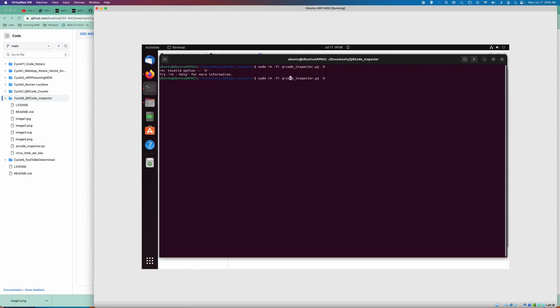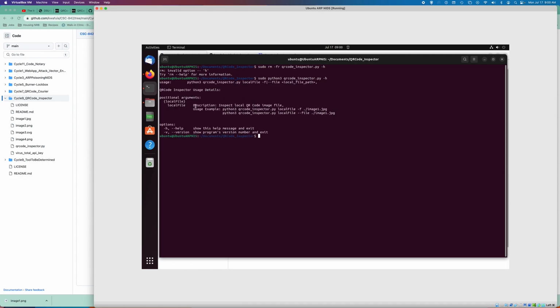I think I'm missing Python 3. So if you run the tool with the help command, you'll get the instructions on how to run the tool. In this case, what I want to do is go ahead and inspect image file number